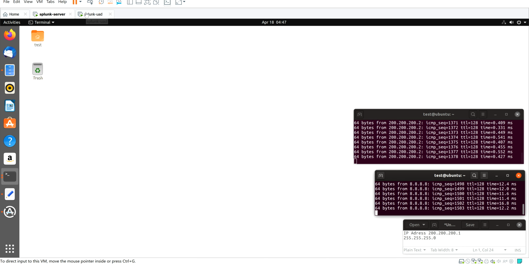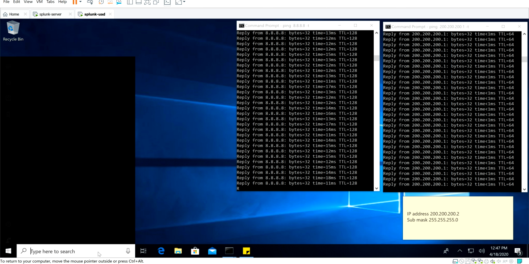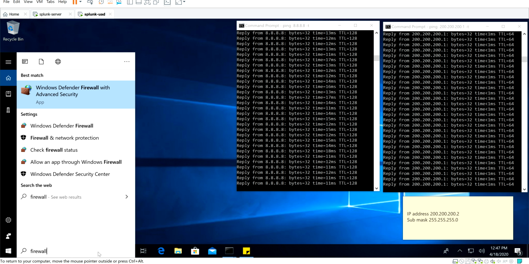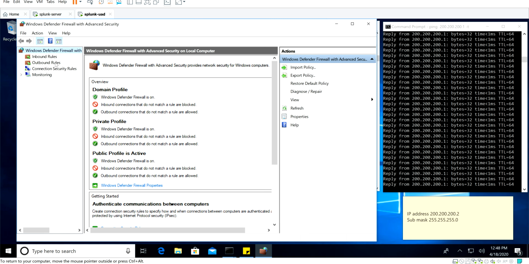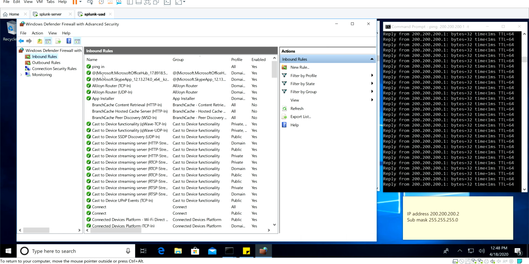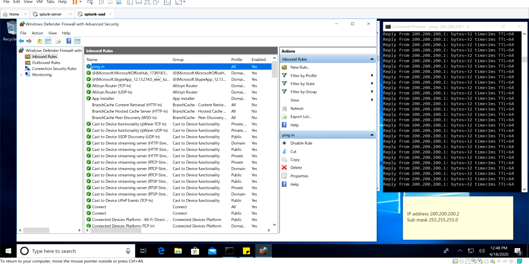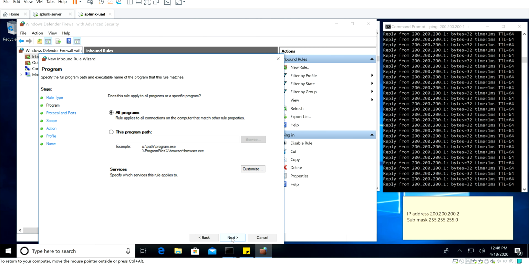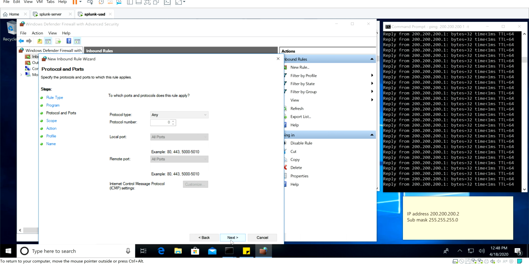If you have any drama on your Windows machine, the firewall is not enabled or the machine is not pinging, go to Windows Firewall with Advanced Security, come up here, and go to inbound. I created the inbound rule, so you won't have this because you haven't created it yet. So you click on inbound, go to new rule and choose custom, next, all programs, next,